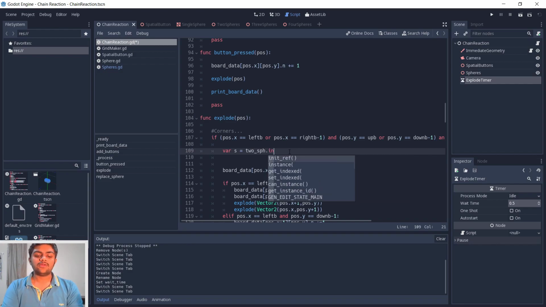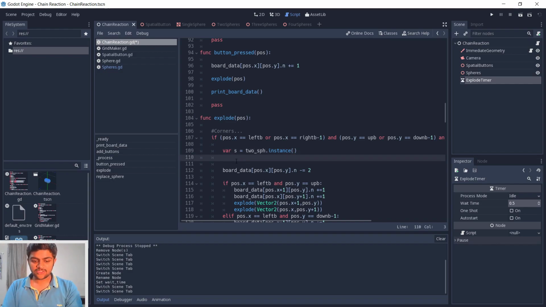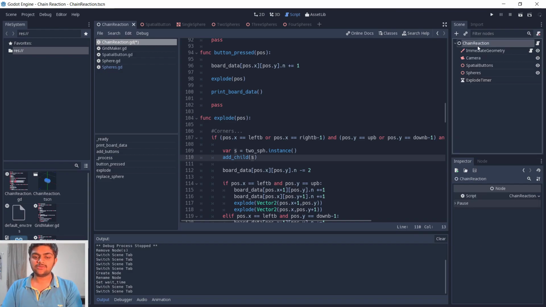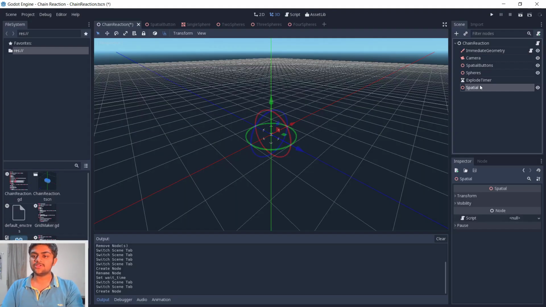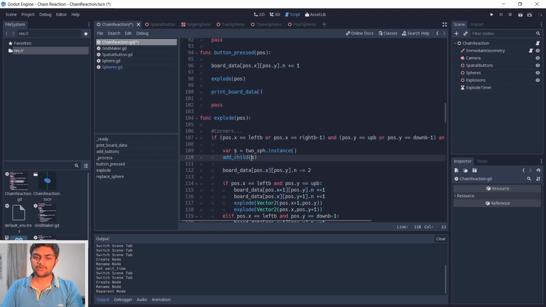So I just call a new sphere.instance over here, and then I will add this to the scene. So add child s. This is a shabby way, so I just create a new spatial node. I'll just call this explosions. So this will keep track of all of the animations it'll have. So this will be added to explosions dot add child s,